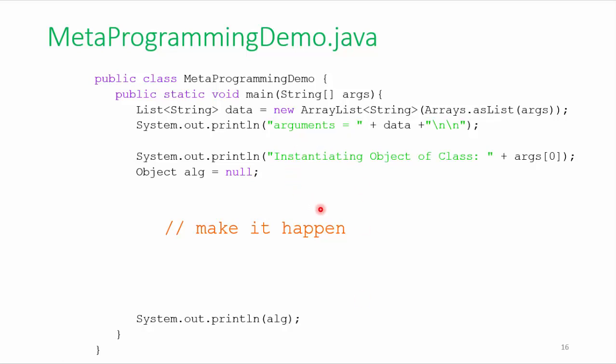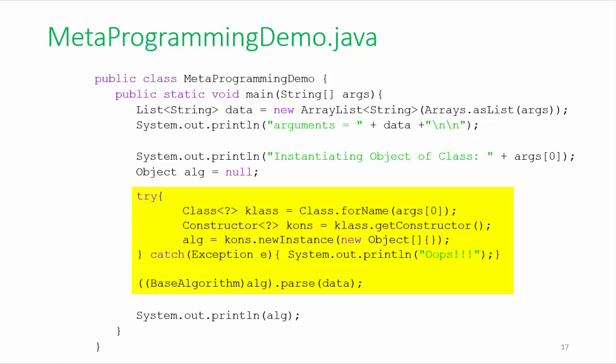Metaprogramming demo will be also a little bit modified. So everything you see so far on the screen is the same. Okay, so I didn't touch that. The way that we instantiate our object is also mostly the same. So actually the try-catch block is exactly the same. But the difference here is once we have instantiated our object, instead of just going to the println and displaying